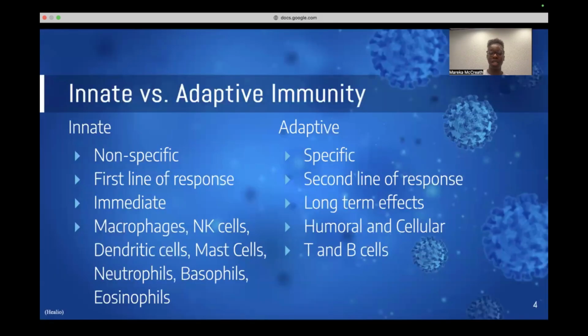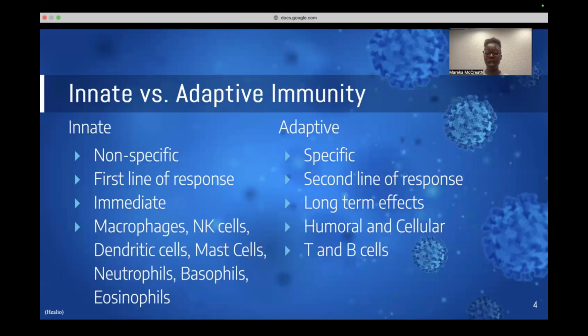There's two types of immunity. So innate is nonspecific. It's the first line of response. They have immediate effects, and cells included are macrophages, NK cells, dendritic cells, mast cells, neutrophils, basophils, and eosinophils. Adaptive is specific. It's a second line of response. It has long-term effects. There's humoral and cellular immunity, and the T and B cells are primarily used within